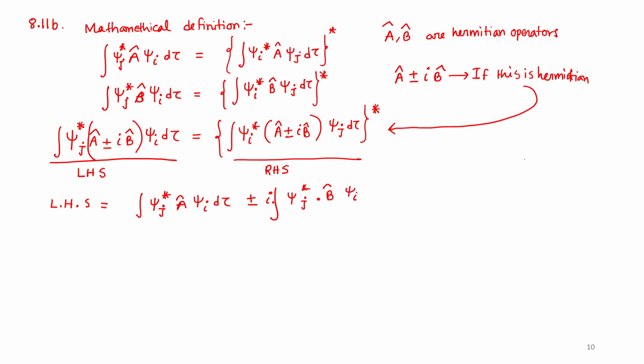As we already know, A and B are Hermitian,